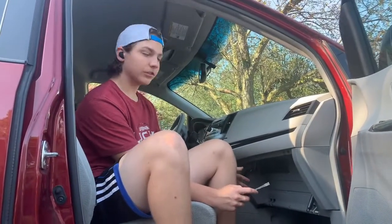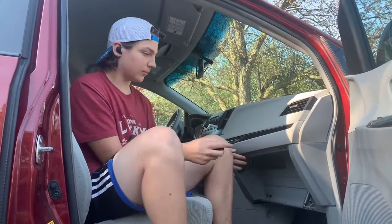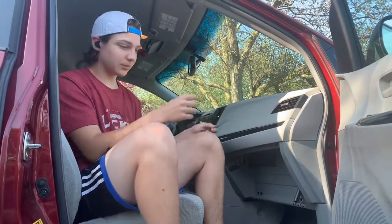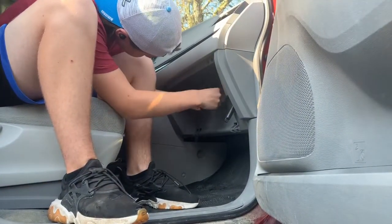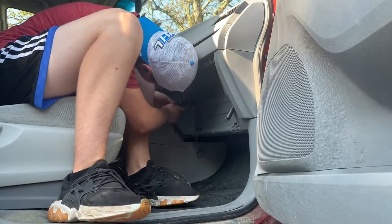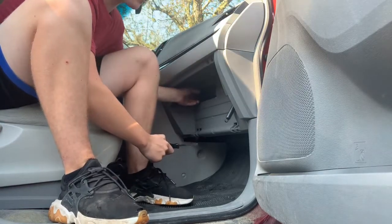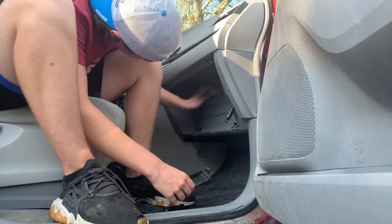We're having some difficulties removing the cabin air filter, so we removed the glove box, and I got a pry bar to kind of help with the process, because in the summertime, the plastic kind of swells a bit. So now I'm just going to go ahead and take it out. Just like that. And it's a bit tighter on this side, so we're going to try, but I might just have to use my fingers. There we go. Now this part's out, and then